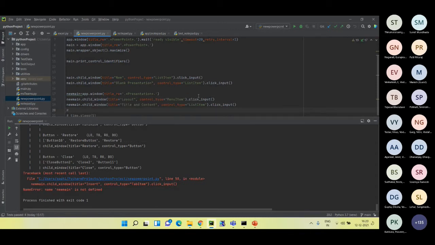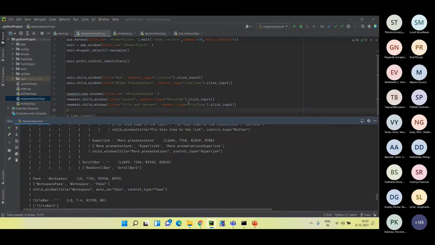I want to click on the layout. So what were the properties of it? The title was layout and the control type menu item. Over there you saw it as tab, but sometimes tab doesn't work, so we use menu item. This menu item, I saw it in this print control identifier, so that's the reason I took it here, but you can try with tab also. That should also ideally work. After that, the control element that I need to do is, Sophia?